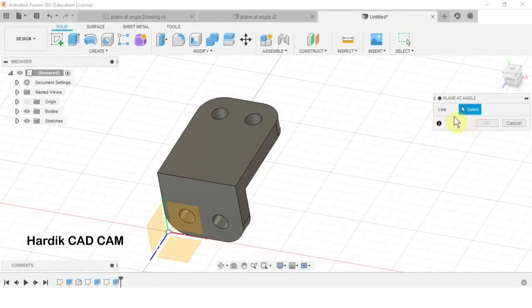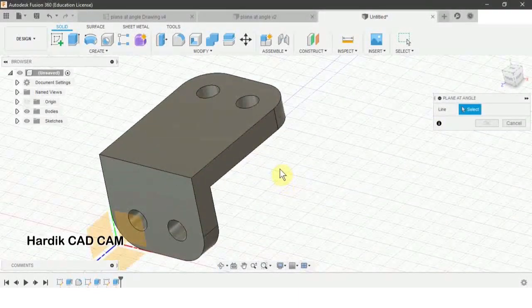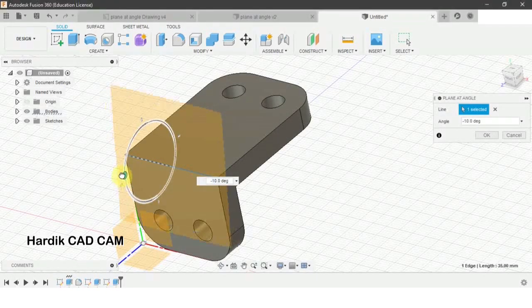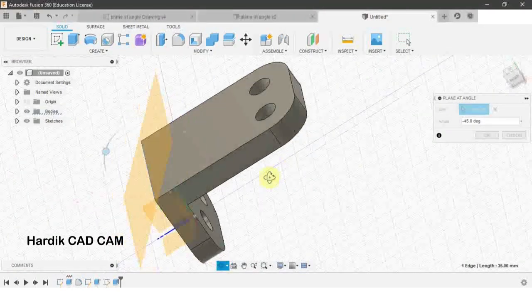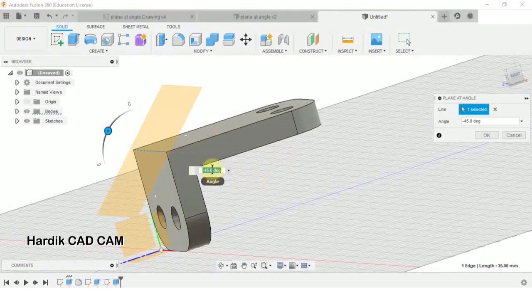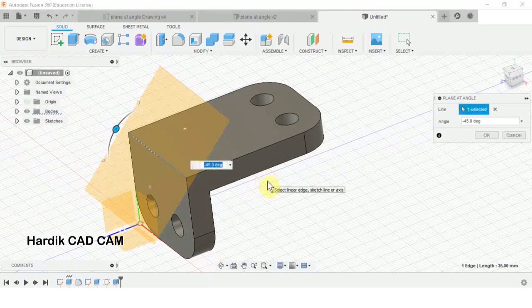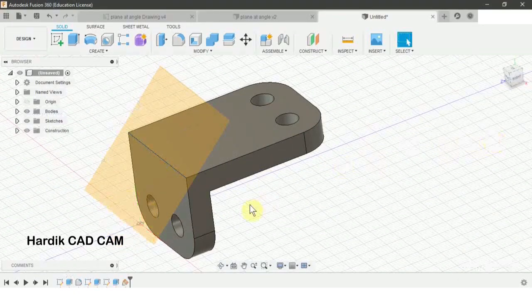Here the command is asking for a line for the reference, so we will select this edge. Now as you can see a plane is created. Now we need to set it to our requirement. Now you can see that the angle is set to 45 degrees and the plane is as per our requirement. So we will click on OK.